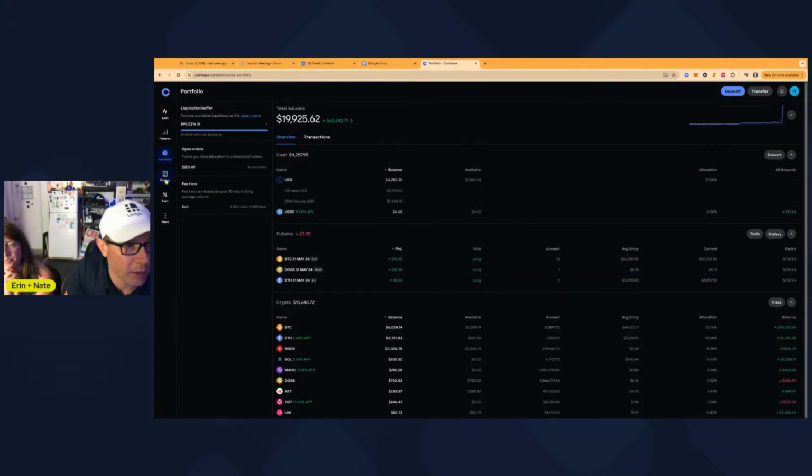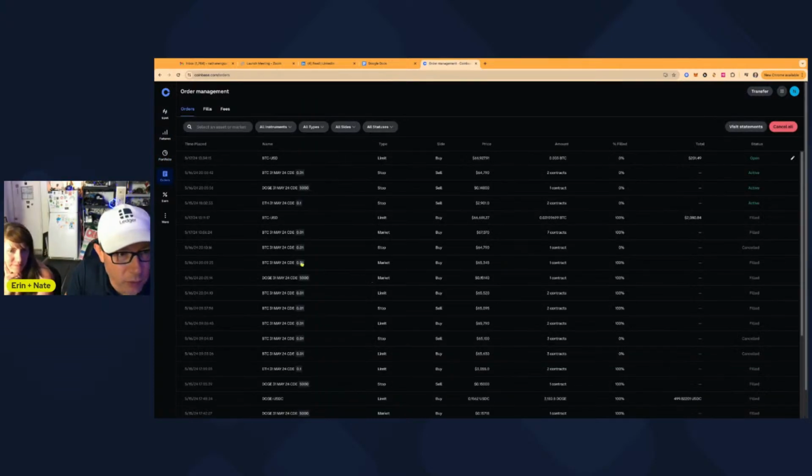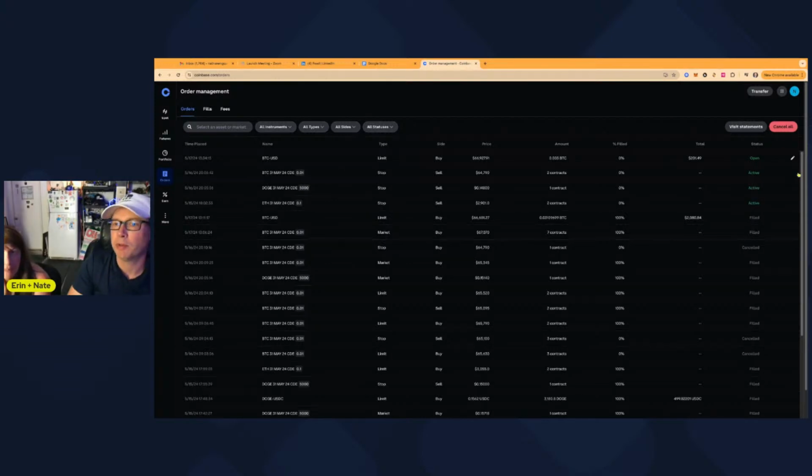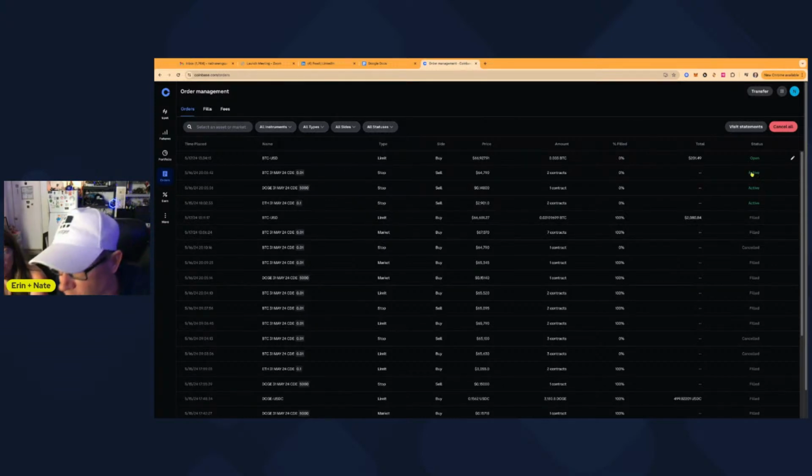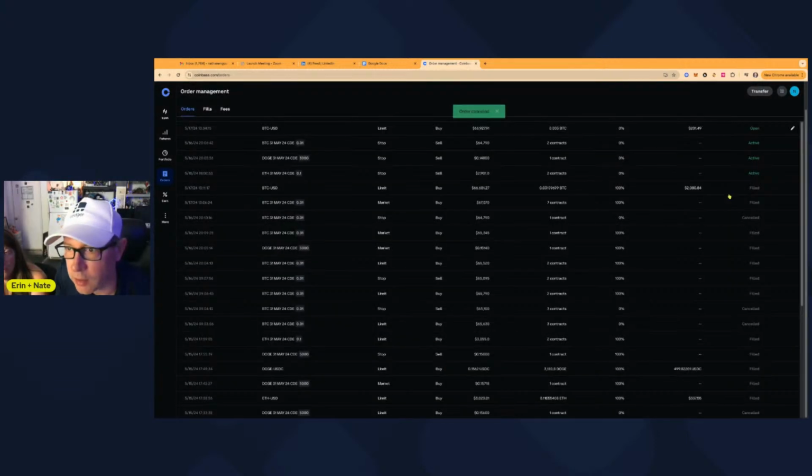I want to show you guys how I'm going to establish this. So let's go to orders real quick here and see if orders are still buy, sell, open, active, active, active. Okay, I'm going to show you something cool. Because these have stop losses in them. But what are they for? This is the Doge one. This is the ETH one. And that's the Bitcoin one. I'm going to close the Bitcoin one, actually, because I want to redo the stop losses for Bitcoin. So I'm going to take this one, and I'm going to cancel it.